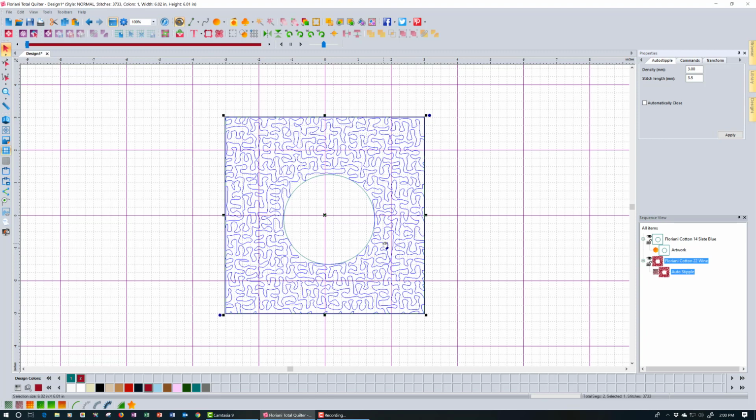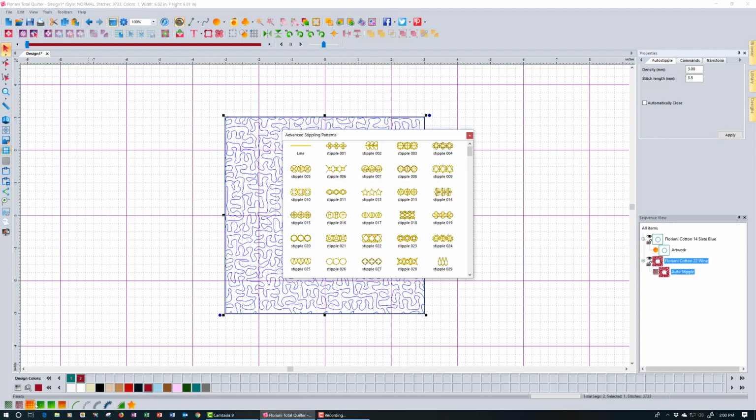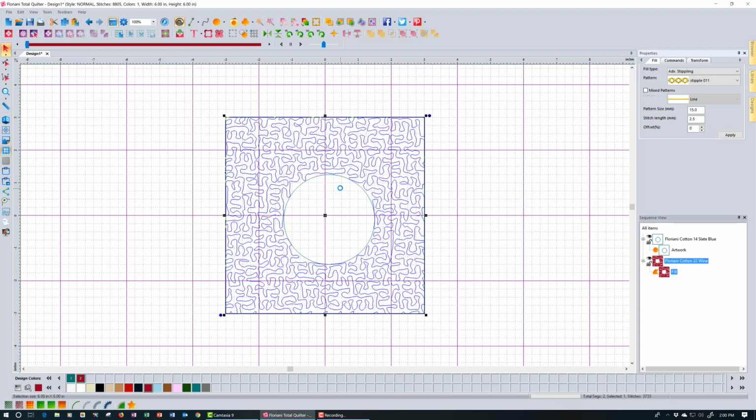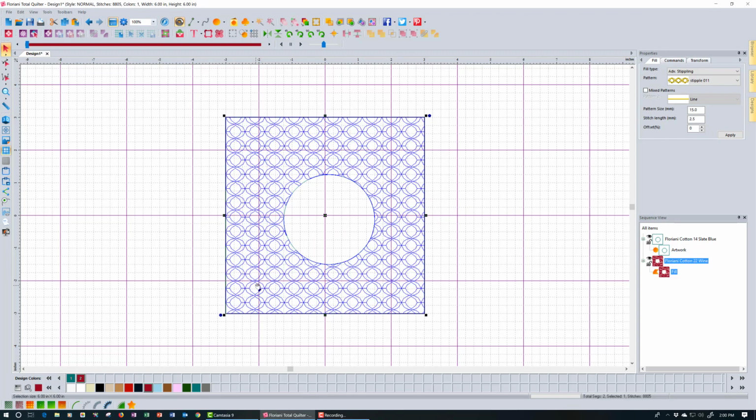Now I'm not limited to the stippling. I could choose an advanced stippling fill, so I could choose, say, this one, stipple number 11, and I've got that design filled around the outside, and you see how it goes inside my outer object but didn't go inside the hole. And I can do that with just about anything, and you'll notice that now my echo quilting icon